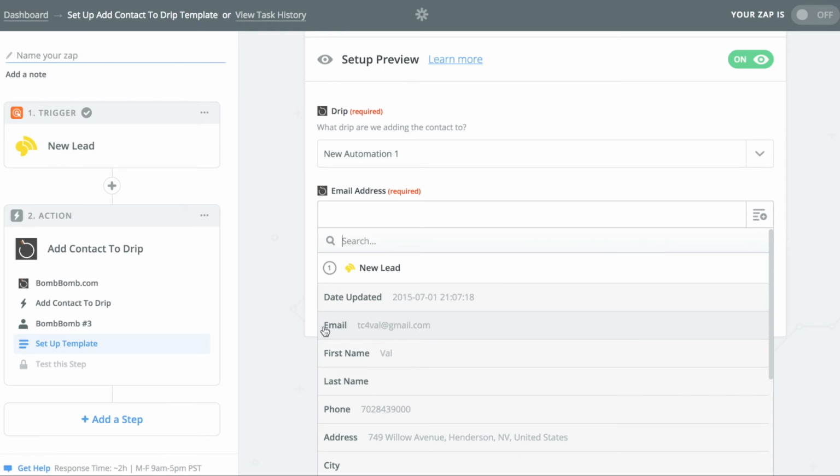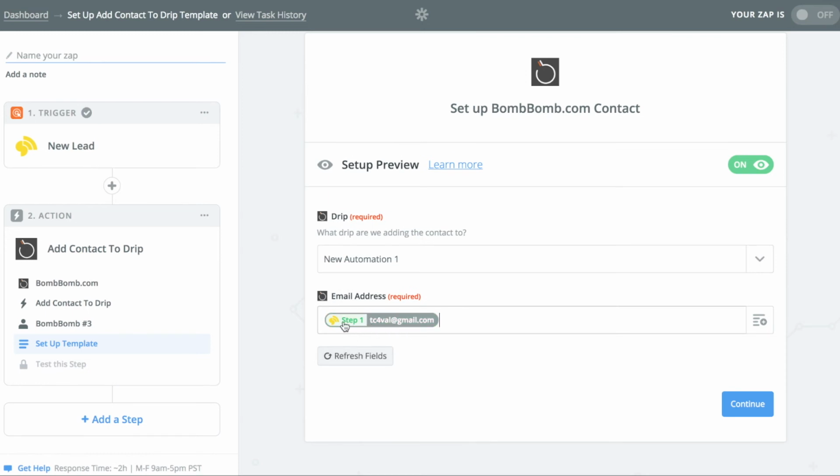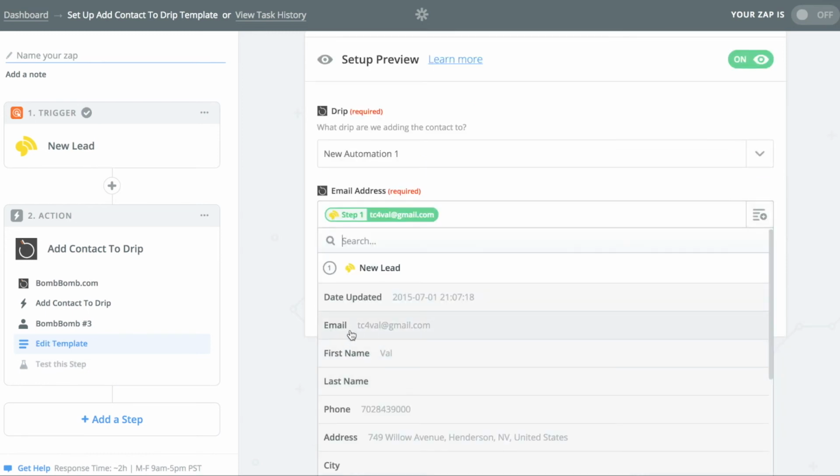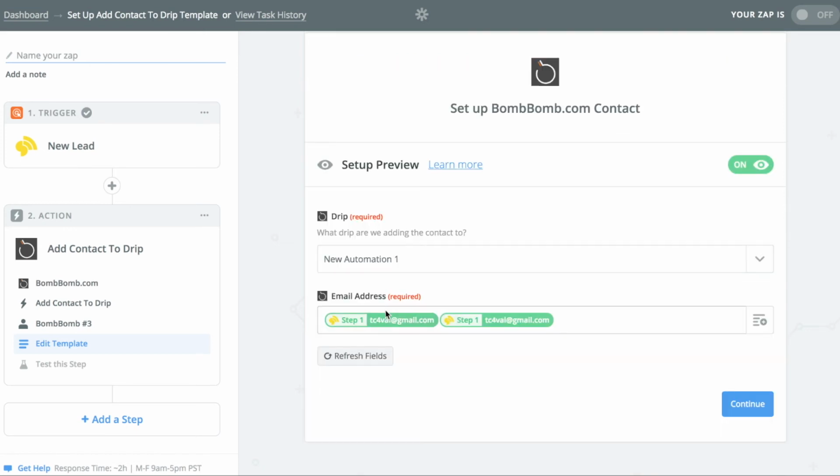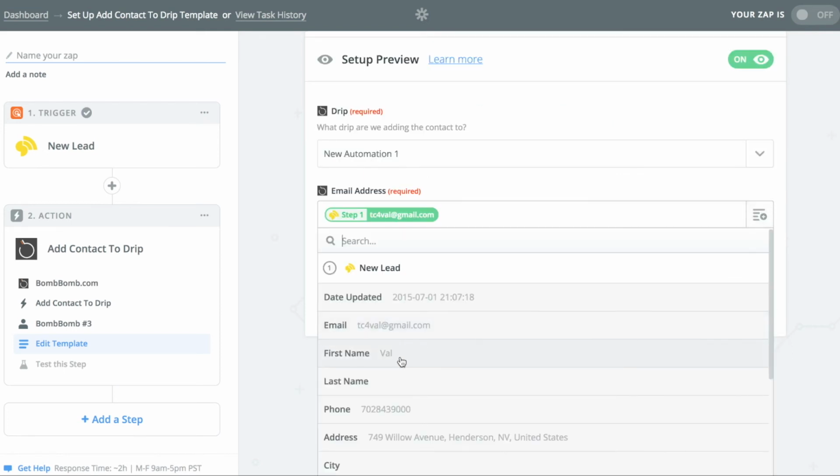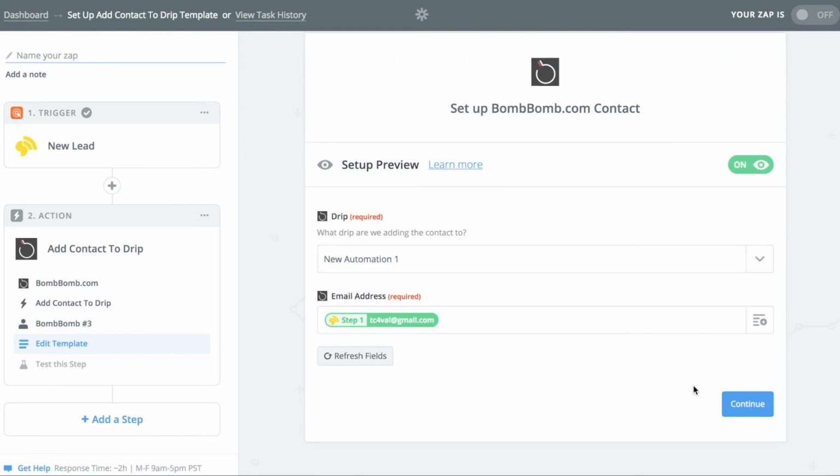You're going to click this where it says email. What it basically means is every time the field from StreetText through email has an email address associated with it, it's going to pass this. I'm just going to make sure I just have the one. So that's what you want to do. You don't want to write in an email address. You want to click that button, and then click the email field, and then you'll have the email. Then you click Continue,